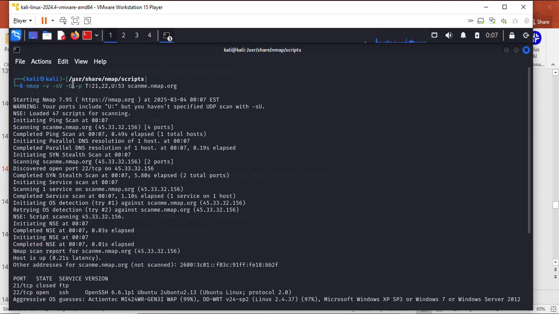We have dash capital O, which is the operating system, and dash P, which is a port. The port I mentioned with T, which is TCP. I put the port numbers 21, 22, 23 maybe, and we have U, which is UDP 53, DNS 53 UDP, and we run it against